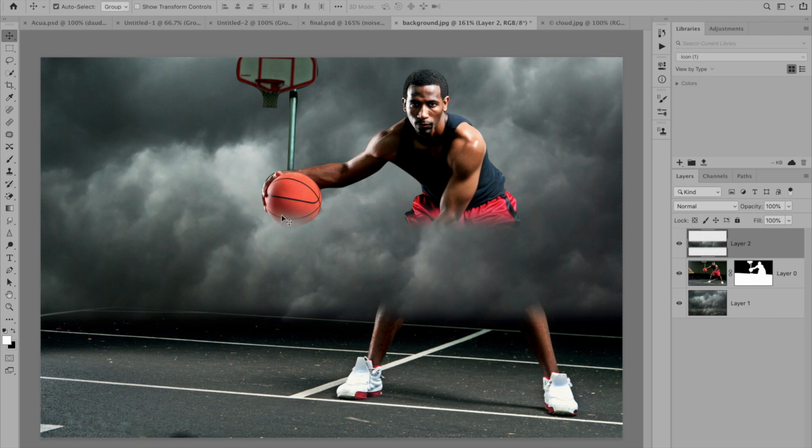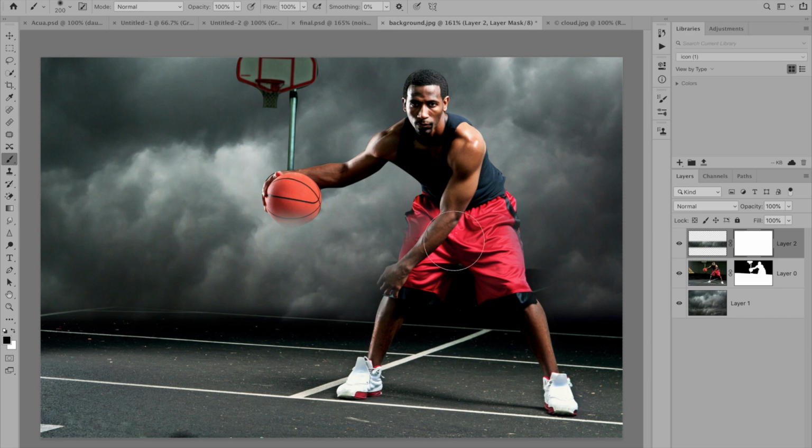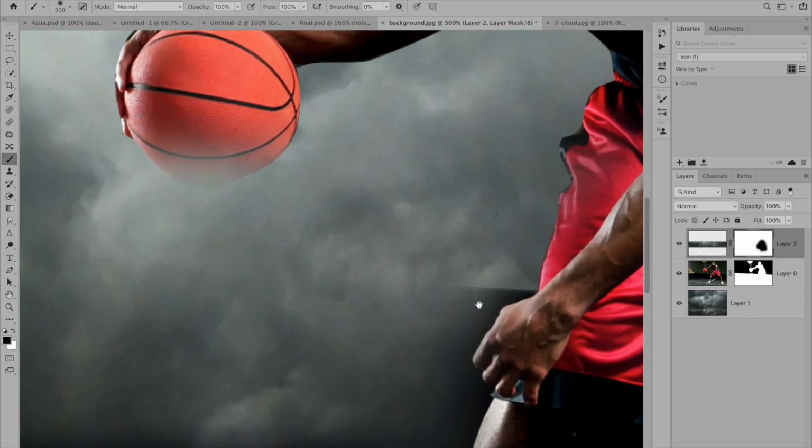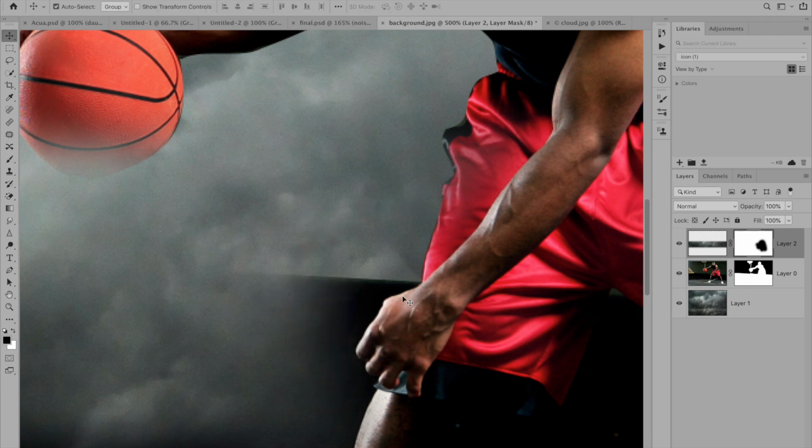I don't want this area either, so you need to hide or erase it. Apply a layer mask and select the brush tool. Select a soft-edge brush and increase the brush size by pressing the right square bracket, and paint on it. But I made a mistake over here, so